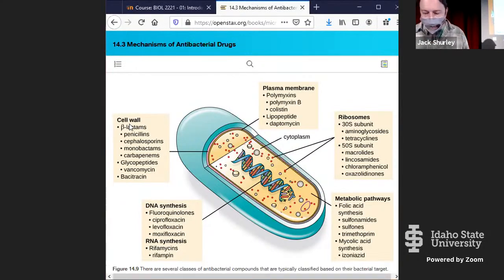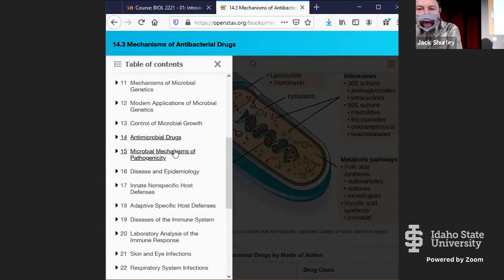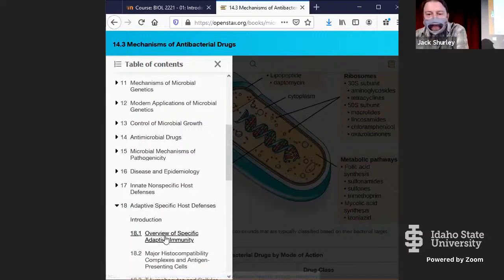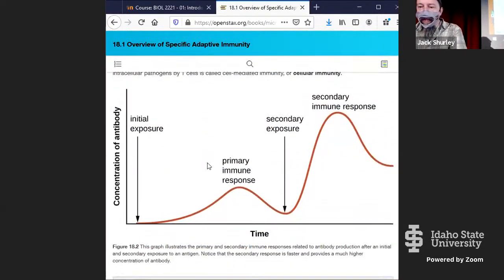Okay, let's see, I want to show you, not that this isn't good here, I want to go to chapter 18, I think. There's a couple of things that I felt were pretty good to review the littlest bit. This figure, 18.2, shows, and it's kind of arbitrary stuff, we talked about this a little bit, concentration of antibody on the y-axis, time on the x-axis, but we have no real specifics with this. You've got your initial exposure